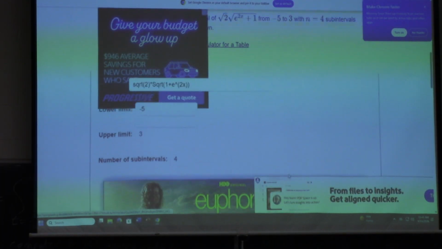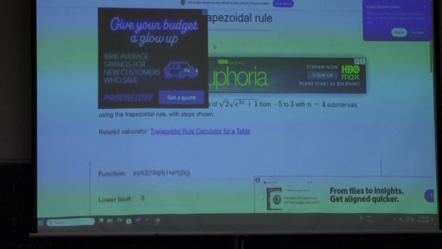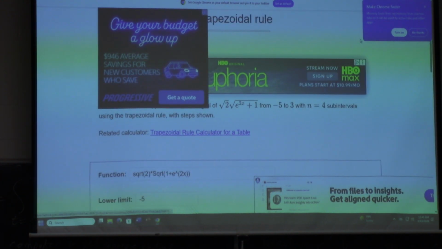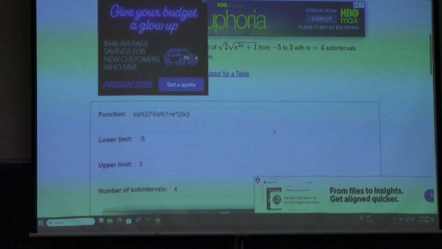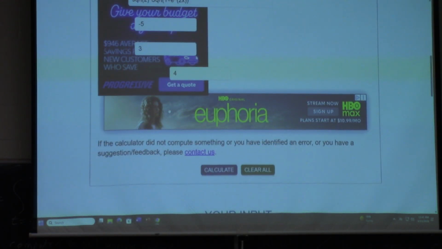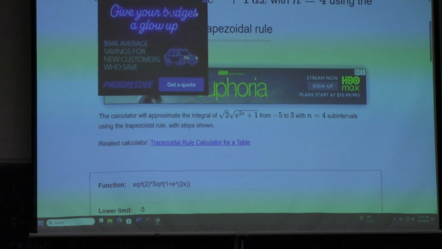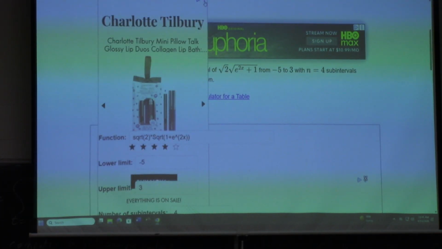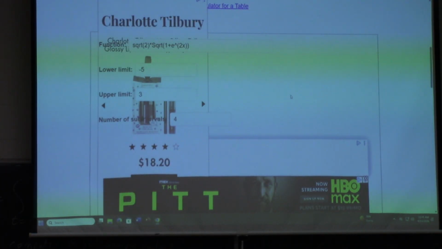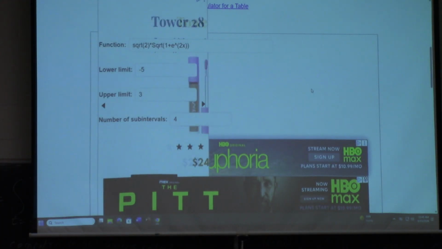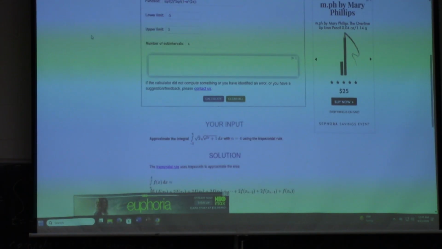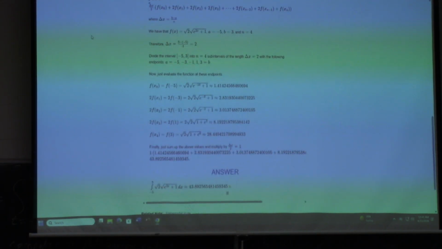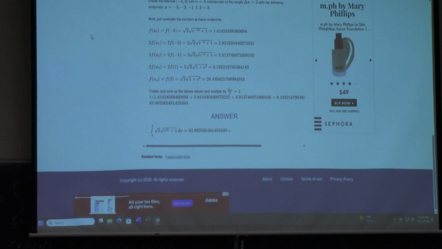So there's our function, and I've set up the function, and I've given it the limits and the number of subintervals. How do you get rid of that damn thing? Okay, there we go. Oh my God. Maybe you buy now. Yeah, but can somebody just get out a credit card so we can get through this? All right, so when I go through this, I get